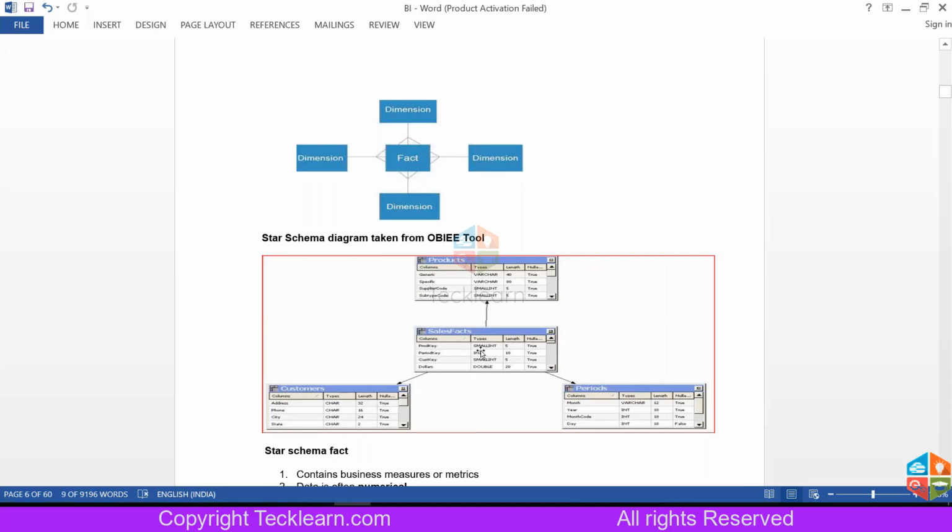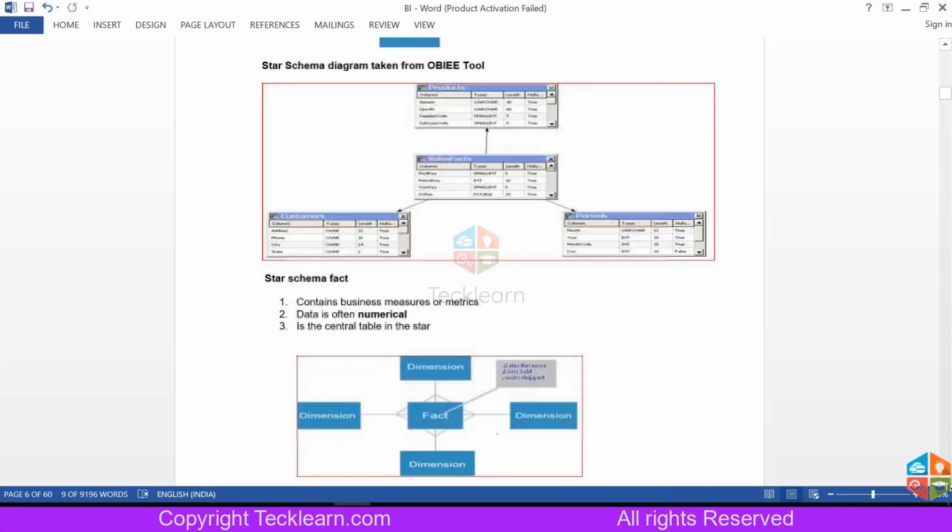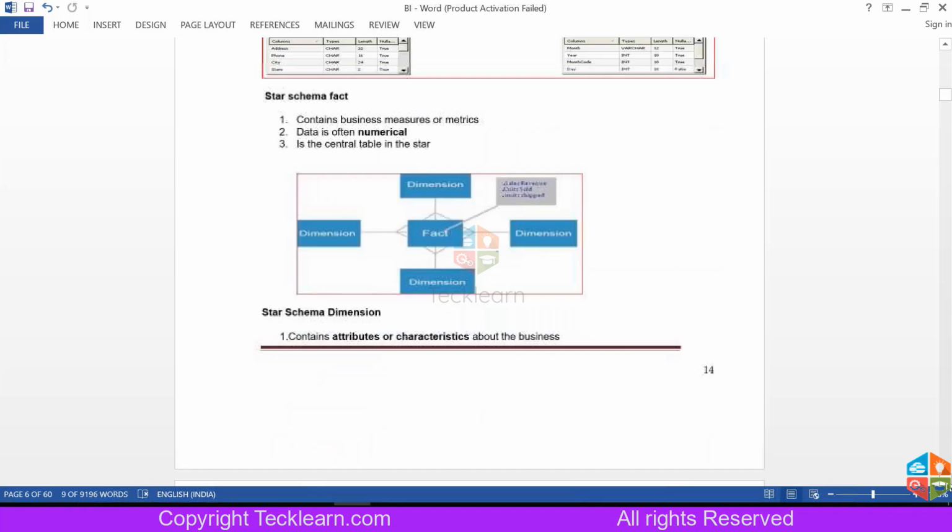So you are going to join from fact to dimension in OBIEE. This is one of the silliest mistakes we normally make. So always remember, we join fact to dimension in the physical layer or in the RPD. So this is the star schema.